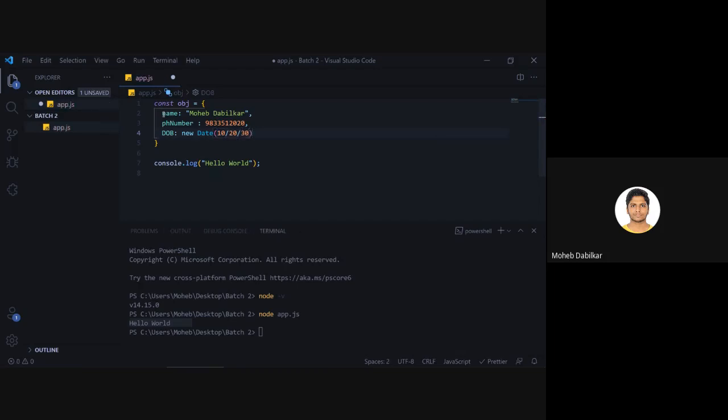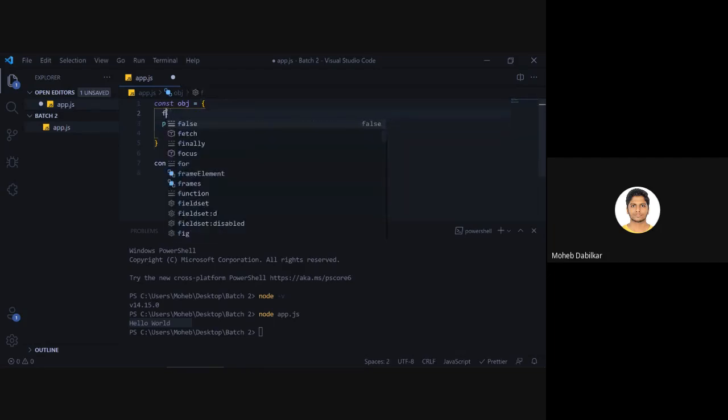But right now we are not dealing with those objects. And what if you want to put a function inside this? You can also put in a function. So let's say I have a first name, so I will call that fname, and that will be Mohit. You have to put in a comma to distinguish that it has ended, and then you will say lname, and that will be Dabilkar. Chalo.